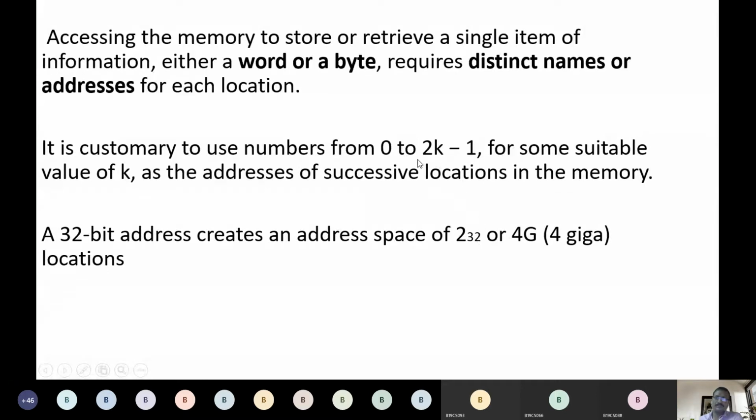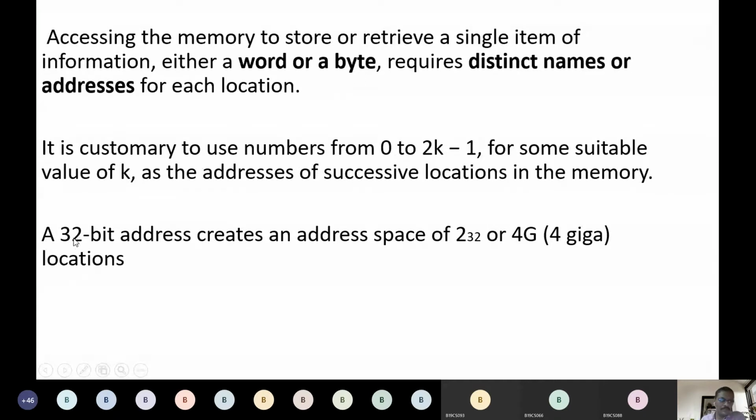The first byte address is 0, the next is 1, then 2, 3, 4, 5, 6, until the last one, which is 2 to the power of 32 minus 1, because we are starting from 0.